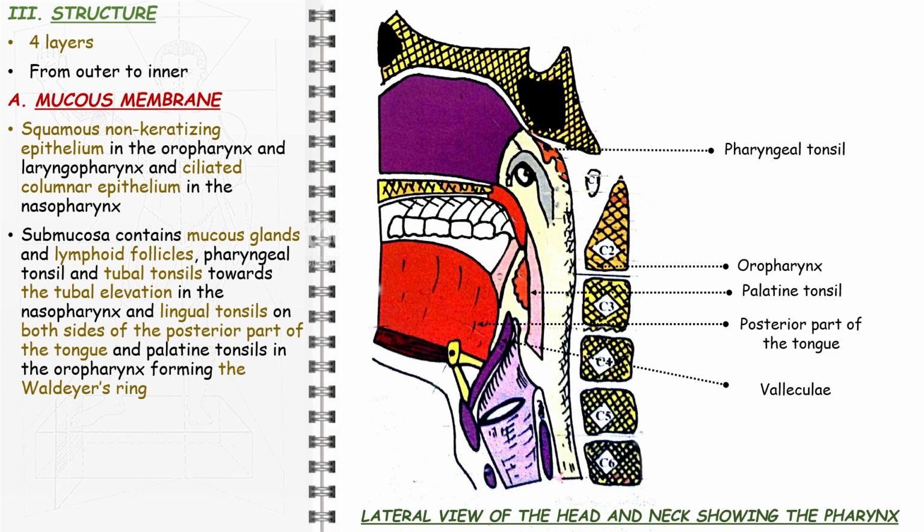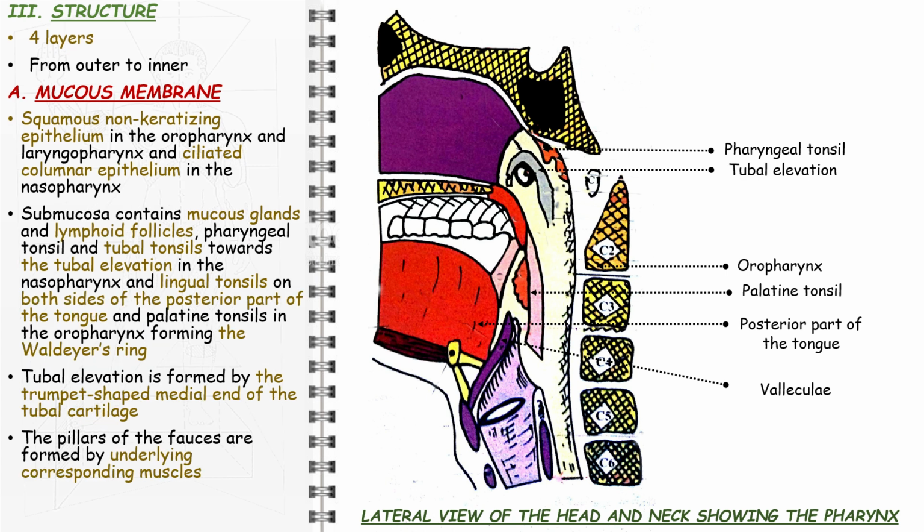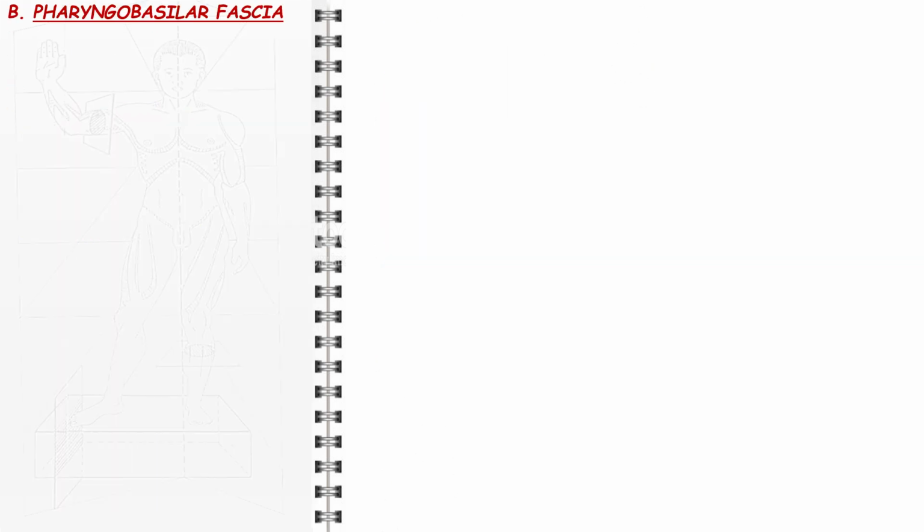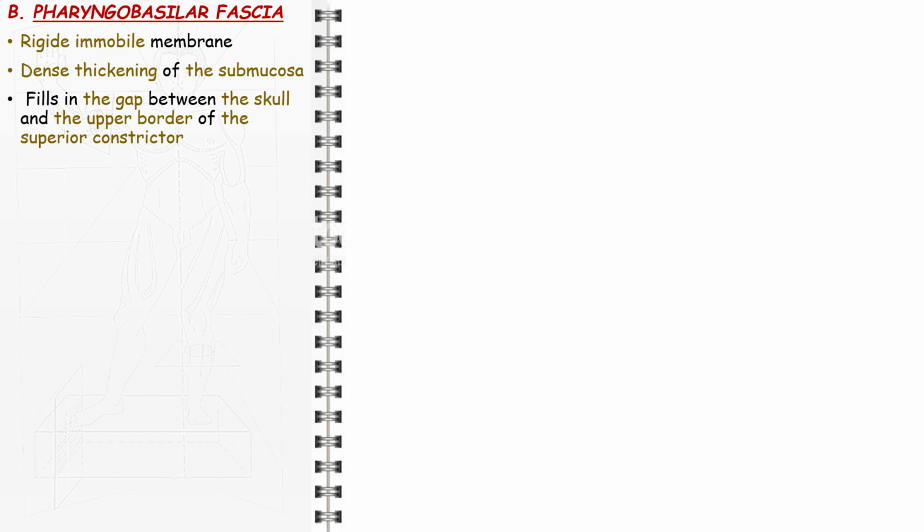The tubal elevation is formed by the trumpet-shaped medial end of the tubal cartilage. The pillars of the fauces are formed by underlying corresponding muscles. The soft palate consists of an aponeurosis acted on by the pillar muscles as well as the tensor palati, levator palati, and the muscle of the uvula. The pharyngobasilar fascia is a rigid immobile membrane consisting of a dense thickening of the submucosa. It fills in the gap between the skull and the upper border of the superior constrictor and represents the aponeurosis